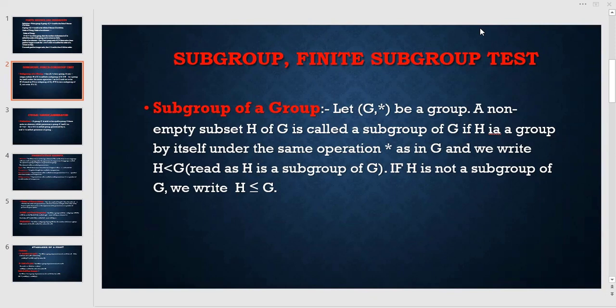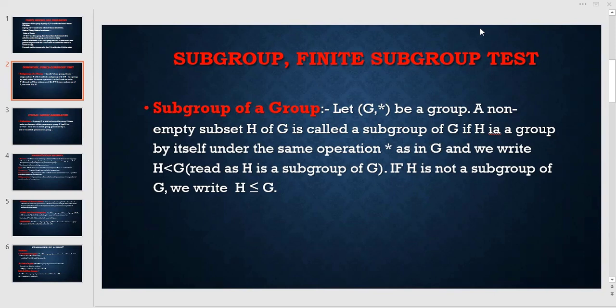तो लास्ट वीडियो में हमने फाइंड द ऑर्डर्स यानी कि एलिमेंट्स का ऑर्डर देखे थे, वो कैसे फाइंड आउट करते हैं वो देखे थे। अभी इस वीडियो में हम सब ग्रुप, फाइनाइट सब ग्रुप टेस्ट देखने वाले हैं। सब ग्रुप ऑफ ग्रुप, उसका डेफिनेशन, उसके ऊपर जो थ्योरम्स है वो थ्योरम्स और थ्योरम्स के ऊपर जो एग्जांपल्स है, तो आज हम देखने वाले हैं।